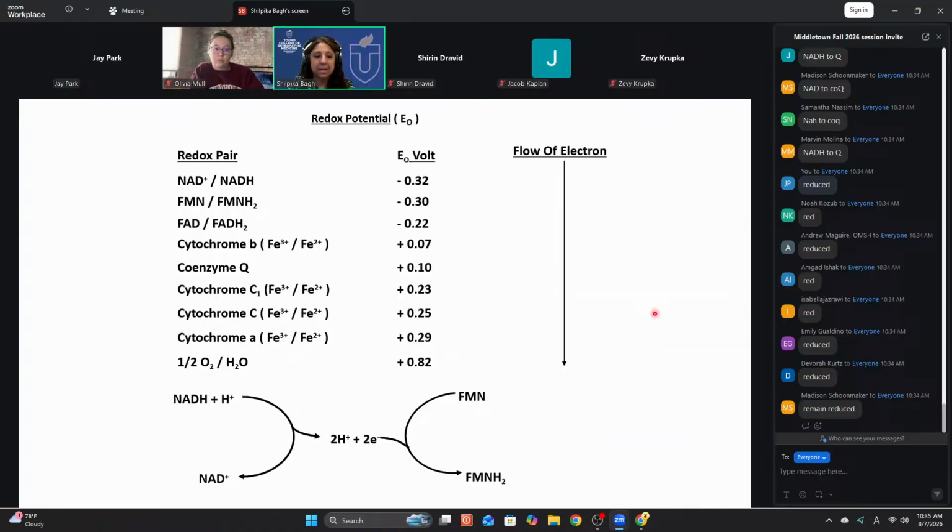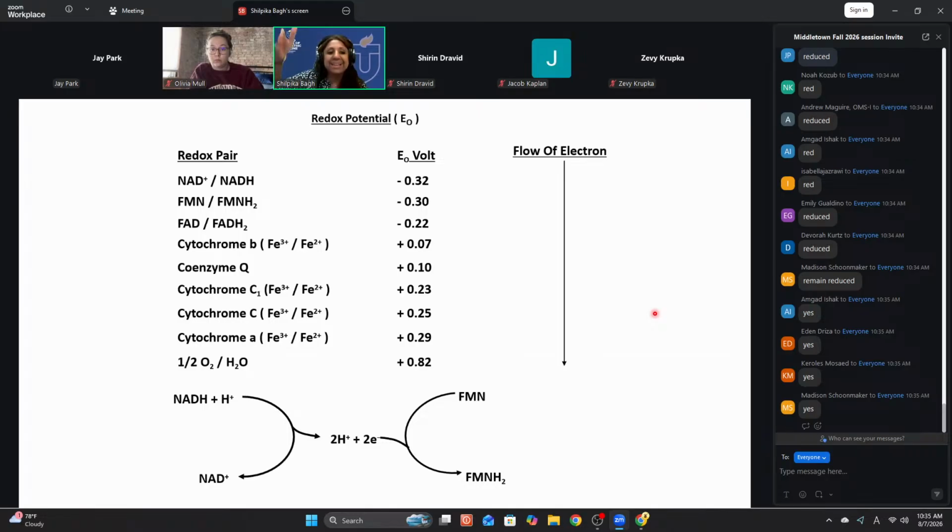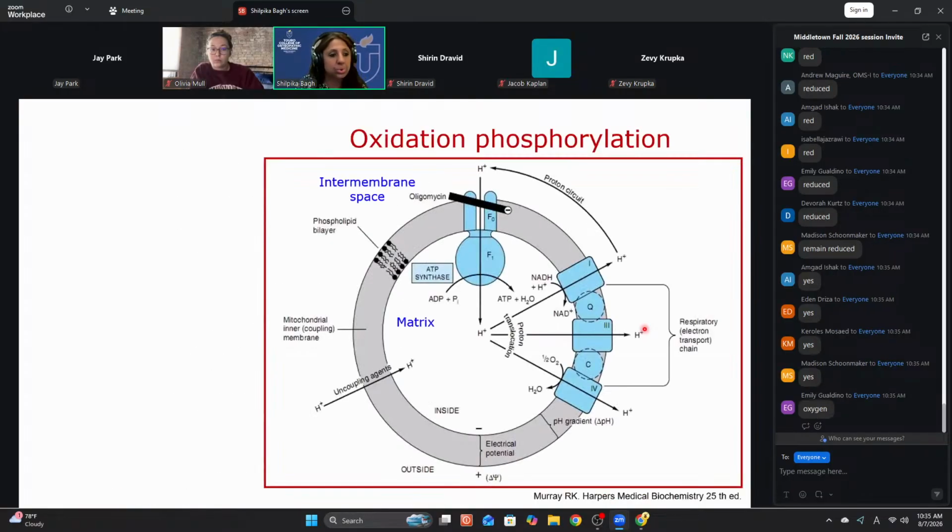Now, somebody has asked me about redox potential. Please don't go deep into redox potential. Redox potential only shows the affinity of electrons for the system. So tell me, do you want electrons to easily flow from the substrate NAD right up to oxygen? Yes. So that is why all the electron transport chain components are arranged in the order of increasing redox potential for easy flow of electrons. So who should have the highest redox potential? Oxygen. Absolutely wonderful.